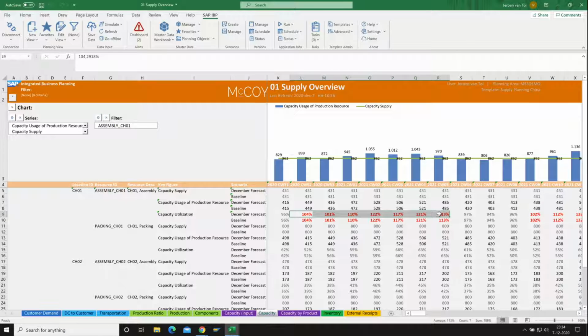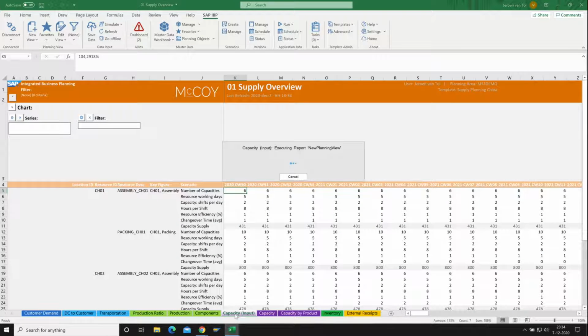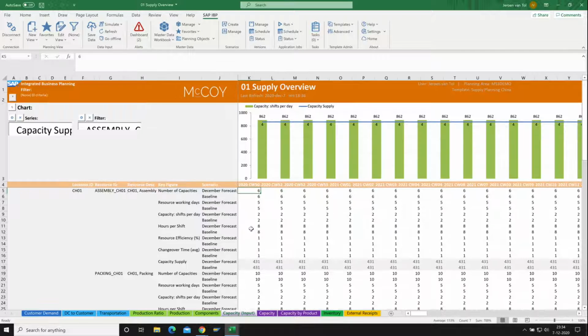And here I can see that in a couple of weeks, via an alert mechanism, I do have my capacity resource overload as shown in the dashboard before. So in this case, I want to do simple capacity leveling. And before doing anything in my real version, I want to simulate in my scenario what would happen if, for example, I would update my shifts from 2 to 3 shifts a day, raising my capacity to see the impact.